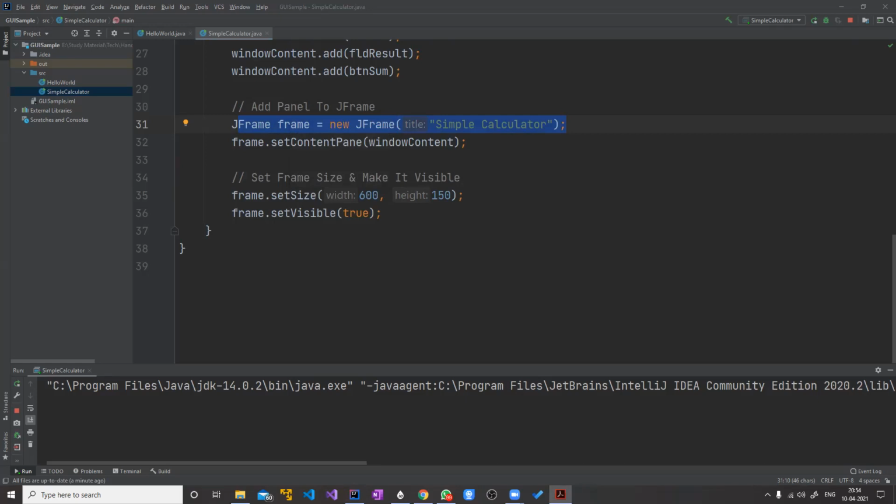Okay. So there are different types of layout managers. We can actually create a proper calculator where you will have a grid layout, and you can divide the window into two columns, left and right. On the left-hand side you add all the labels, on the right-hand side you add all the text fields. That is called grid layout. We'll do that later. Right now that is not much important. So we'll move to the next thing, that is adding functionality to this.